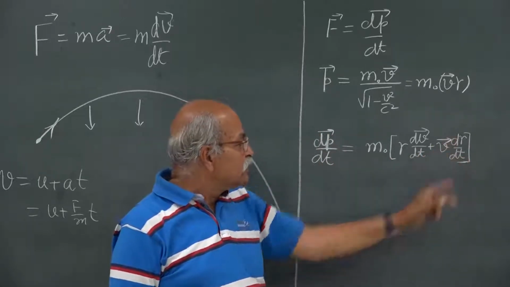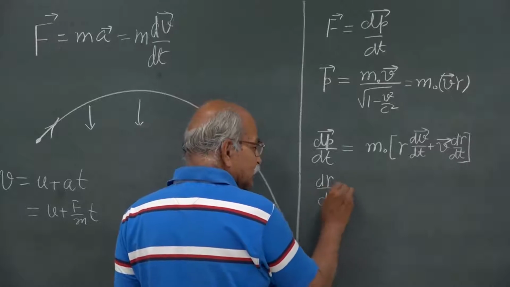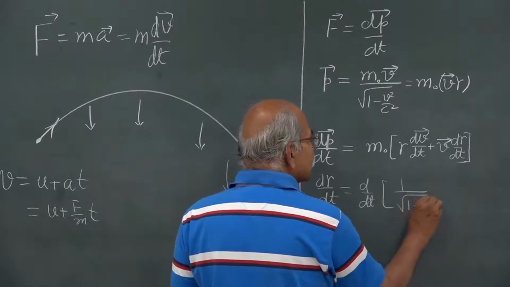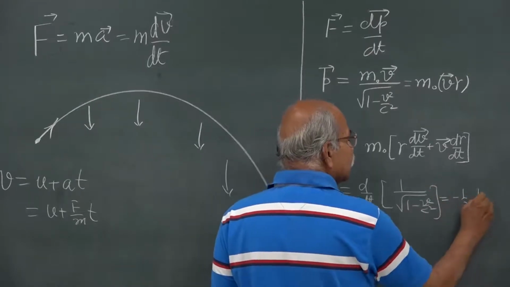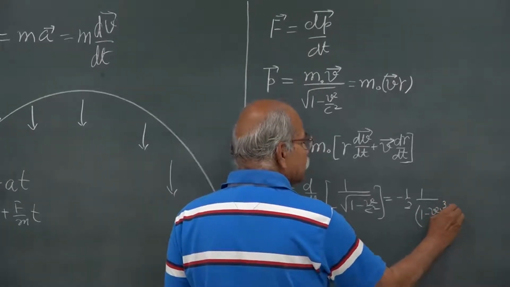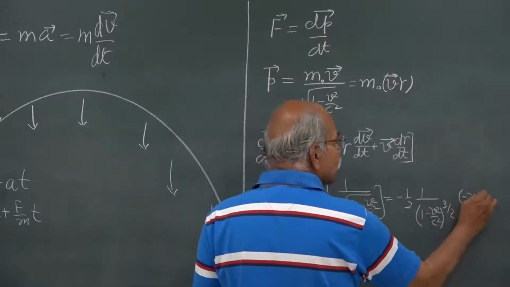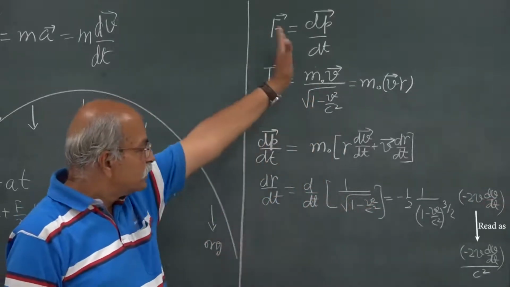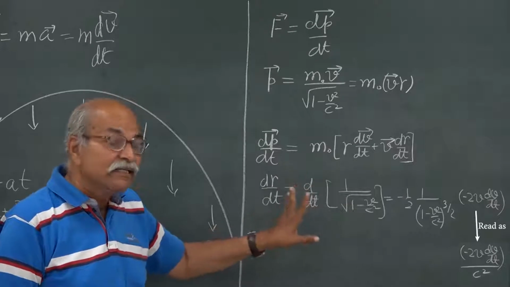Now, this d gamma dt is somewhat typical. You can do that, of course. This is d dt of 1 by square root of 1 minus v square by c square. You can do this algebra. This will be minus half and then 3 by 2 power of this, and then you will have minus 2v dv dt by c square, and so on, and you can make simplifications and do all those things. But there is another way to do it which is algebraically simpler.